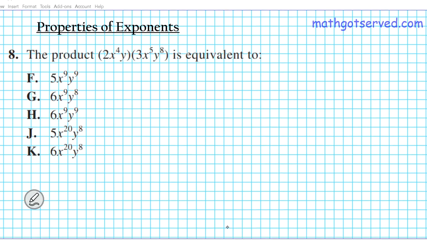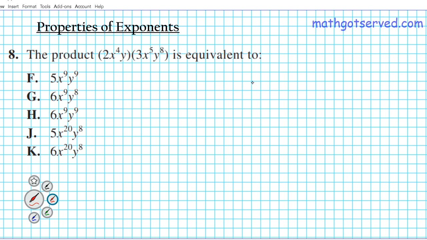Alrighty, question number 8. Here we're looking at the properties. You've been tested on your knowledge of the properties of exponents, how to accurately apply it. Question 8 reads, the product of 2x to the 4th y times 3x to the 5th y to the 8th is equivalent to. So what we're going to do here to get started is we're going to start by reviewing